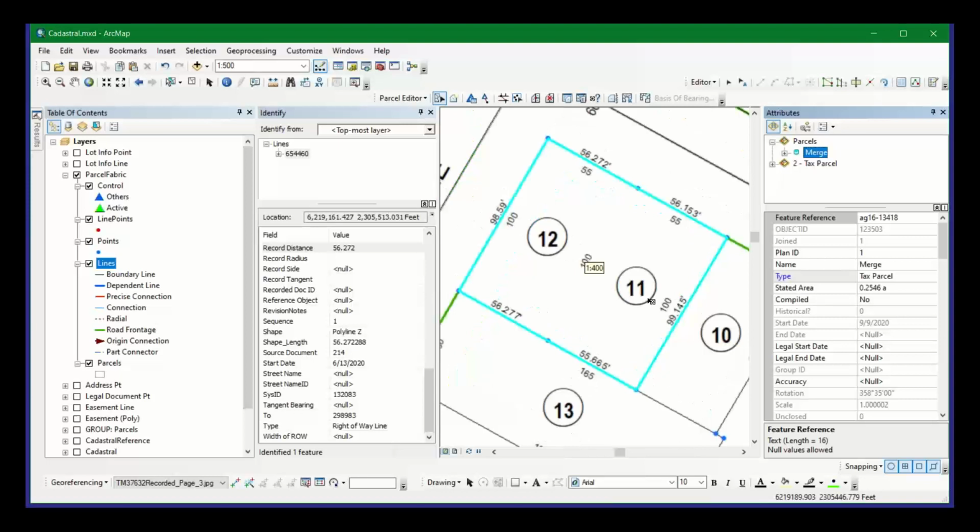Is that an expected result, or are you expecting only to have 4 lines when you merge the parcels? When we merge these parcels, what's going to happen in theory is we have 4 lines, because these 255s go to 110, and these 255s on the south go to 110, and we have 100 and 100. And those are going to be, because a merger is going to be strictly